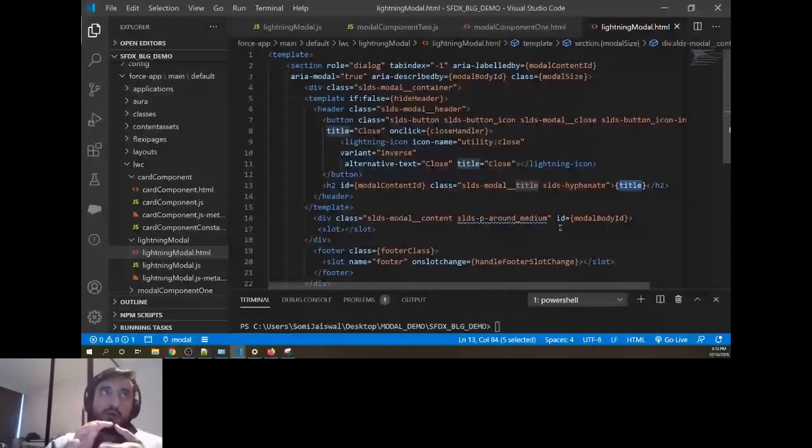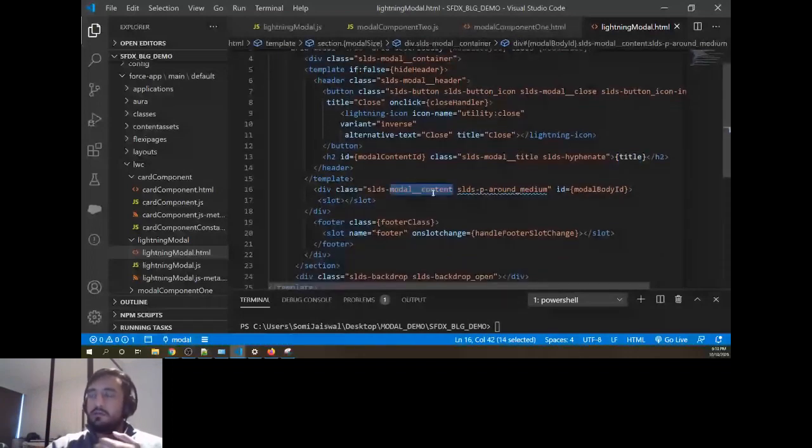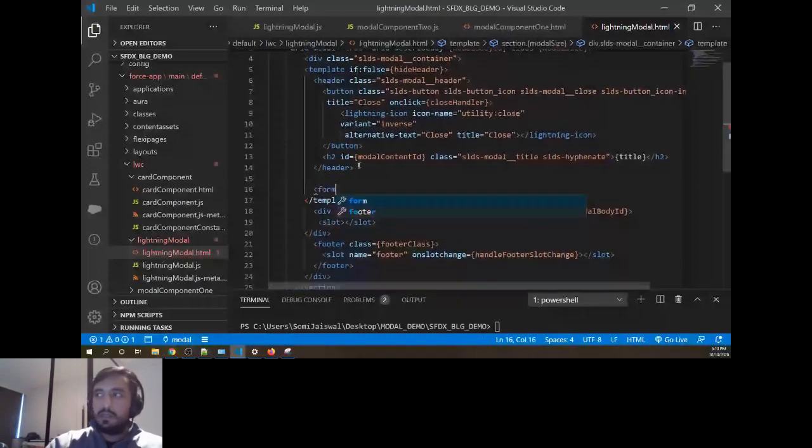Few elements are accessible by default, like buttons. That's why we always prefer to use HTML native elements; a button is automatically accessible. In forms you would have seen many times, we create a form label, and to the label we give for.